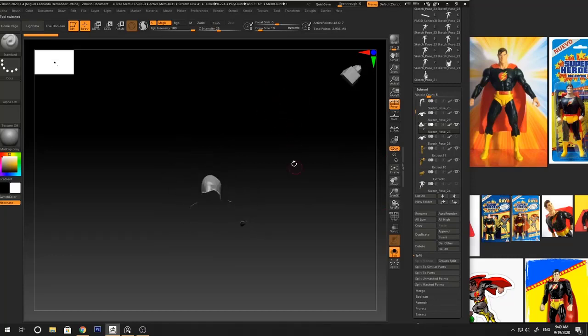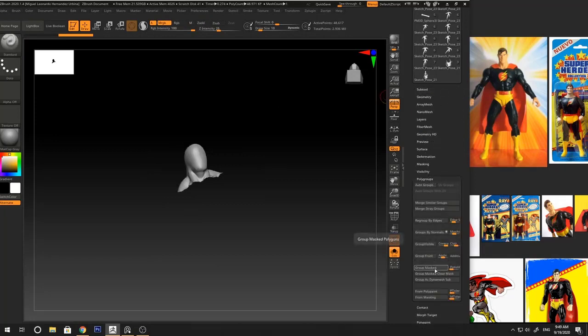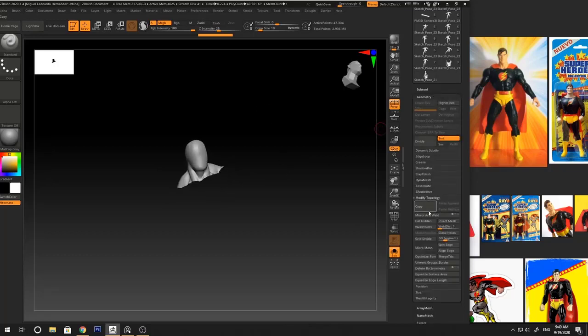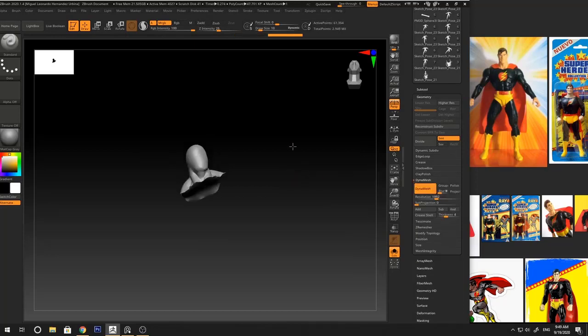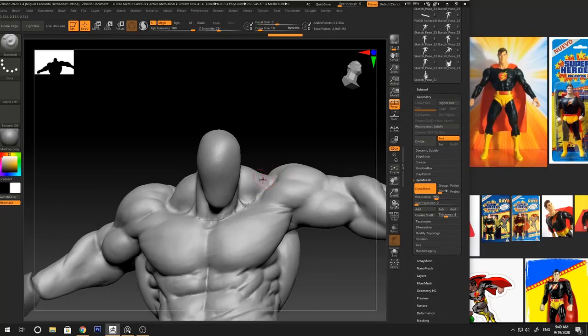We have the pieces here. Polygroup, group masked, modify, delete hidden, and apply Dynamesh. Yeah, and I have 2 pieces to work